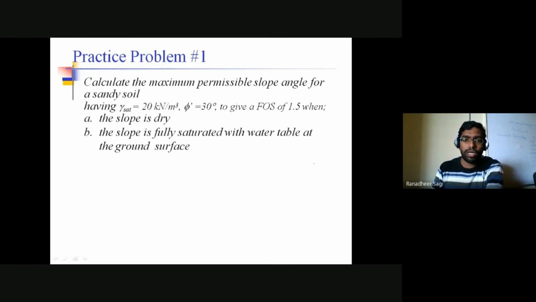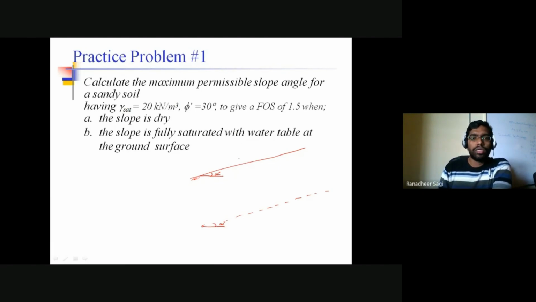If you can recall the discussion we had in the case of the infinite slope, let's say this is my infinite slope, and this is how we assumed our failure surface to be. The angle at which the failure surface exists is alpha. In our assumptions regarding the infinite slope analysis, the failure surface is assumed to be parallel to the ground. So this is my ground, and obviously the sloping angle of the ground is alpha.